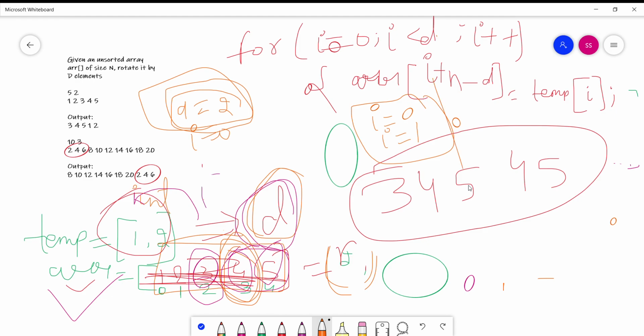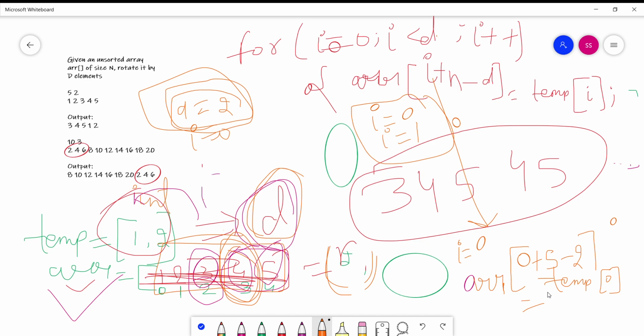So whenever i is equal to 0, arr[0 + 5 - 2], because the value of n is 5 and the value of d is 2, is equal to temp[0], because the value of i is 0.